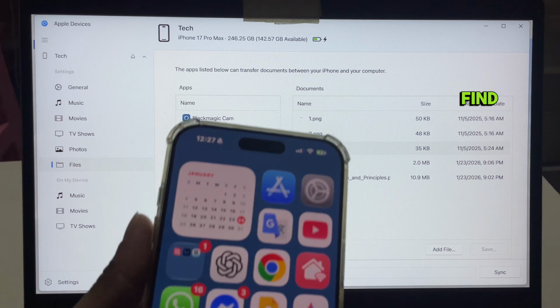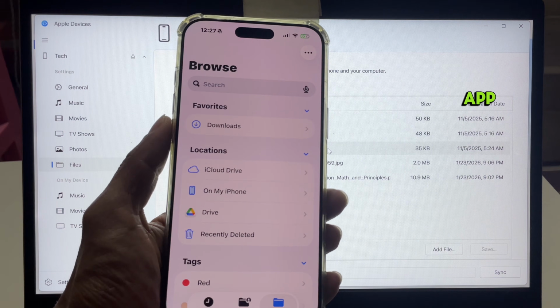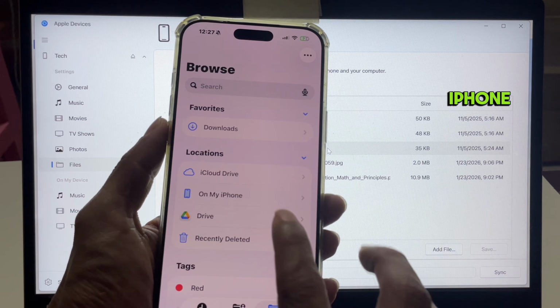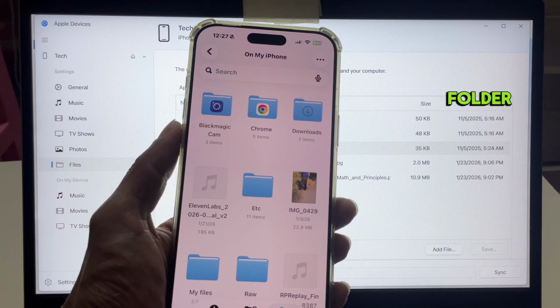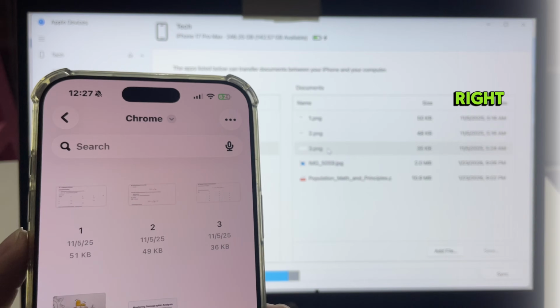Now let's find those files on your iPhone. So on your iPhone, open the Files app. At the bottom, tap Browse. Now tap on My iPhone. Now find the folder called Chrome, open it and you'll see your transferred files right there, and we are